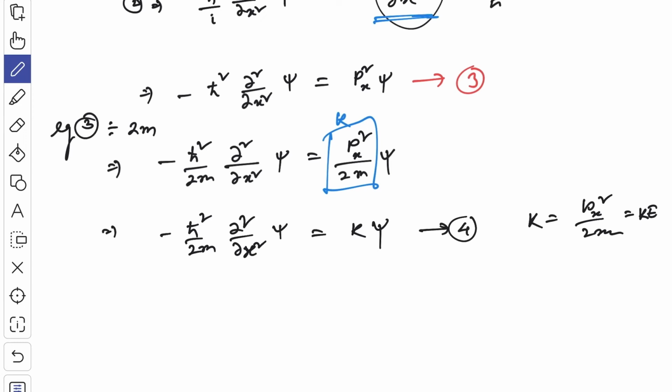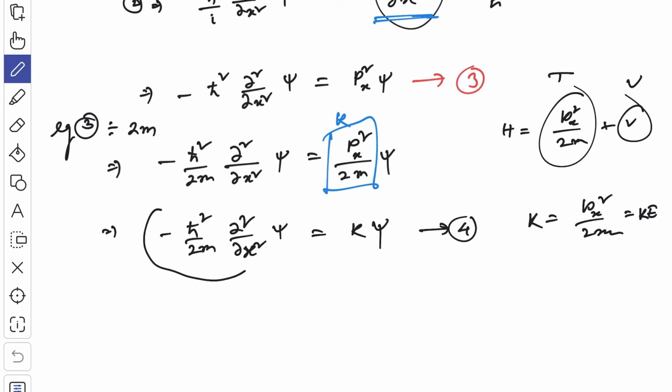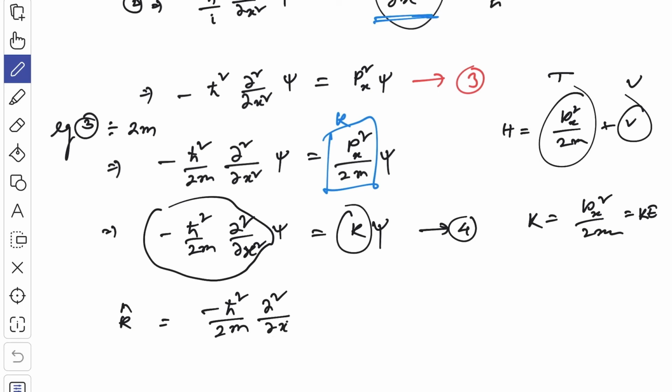So in the Hamiltonian equation that we have got, H is equal to px square by twice m plus V. That's what we have got, isn't it? This part is T, that is kinetic energy, and this is potential energy V. So we know that, isn't it? So that's why we can say that this is the kinetic energy operator. So k cap is equal to minus h cut square by twice m, second order derivative with respect to x, and this is the kinetic energy operator